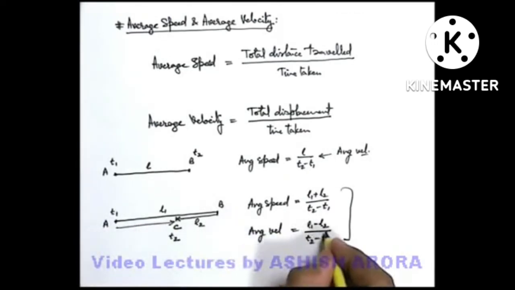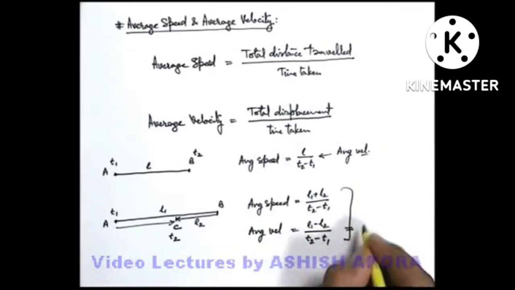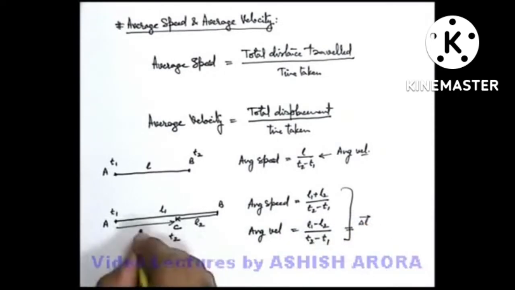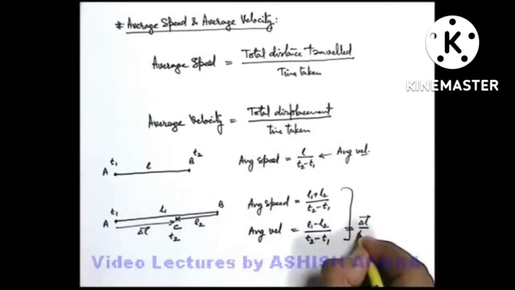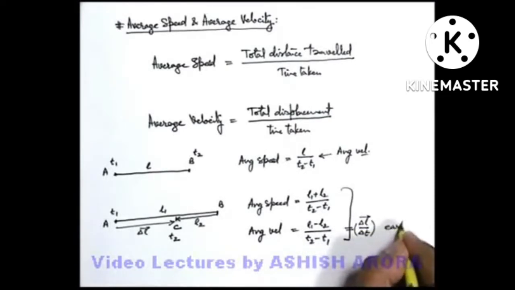So we can simply state in this direction this is the average velocity, which is given in vector form, where we can write this delta L vector, which is from A to C, divided by delta t, or we must write the magnitude and the direction, which is toward east or along positive x-axis.